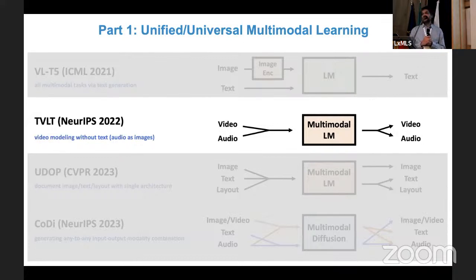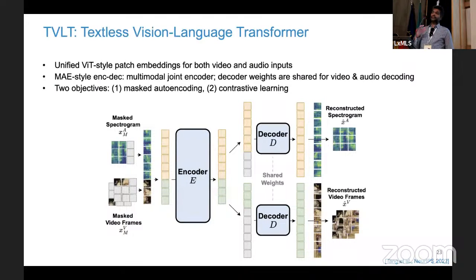Now, for the next part, let me try to, like I said, complain about the previous part as I progress through more unification. So for VLT5, what we can say is that it was good that it unified the outputs as text. But if you notice the left side, the image encoder was still separate. So you still had to have a separate image encoder and the text going in through a different text encoder. So in TVLT, which was NeurIPS 2022, which we call textless vision language transformers, we tried to understand whether we can have the same exact pre-training objective and the encoder for both language and vision modalities. So the way we did this was we said, let's try to remove all dependency on text. So it's a textless vision language transformer.